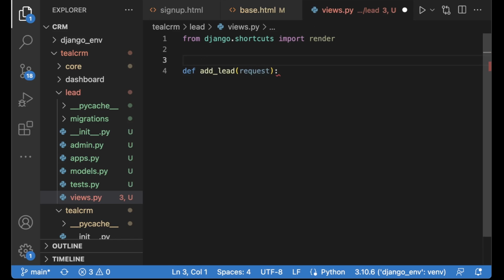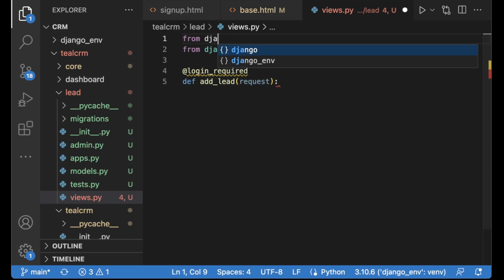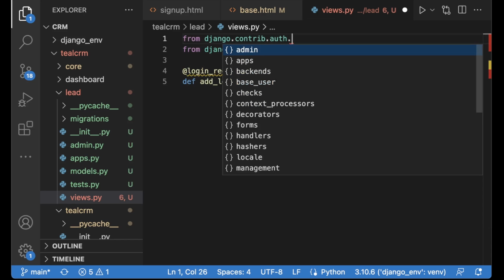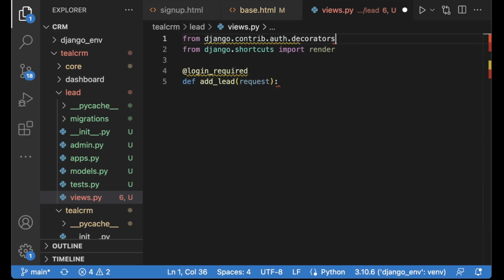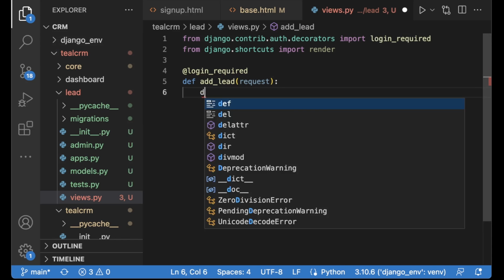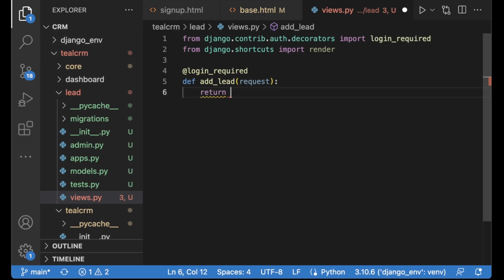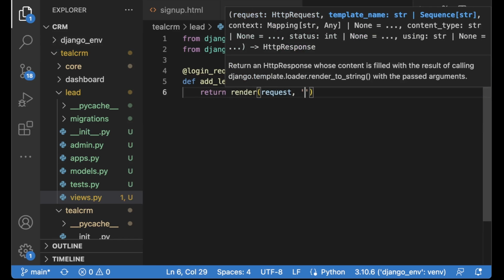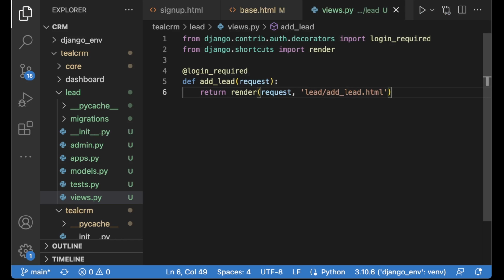And I do want this page to require authentication, so we have to add login_required, and we need to import this from django.contrib.auth.decorators import login_required. Now we can just say return render, pass in the request parameter and say lead/add_lead.html and save. So the next step then is to create this template.